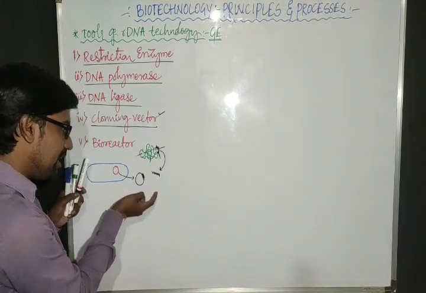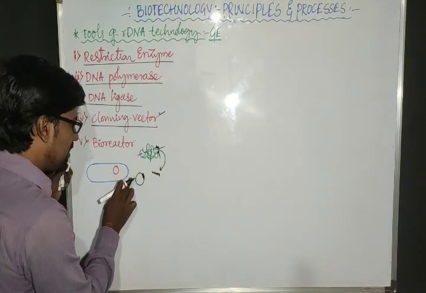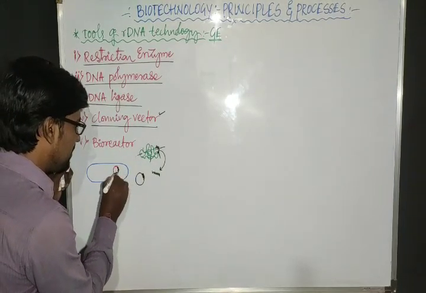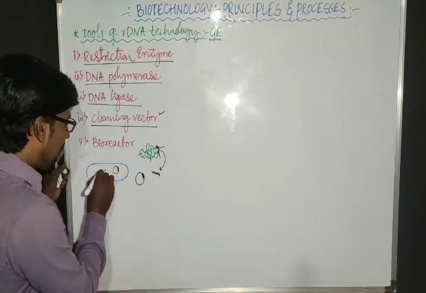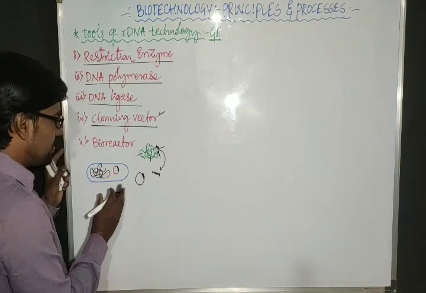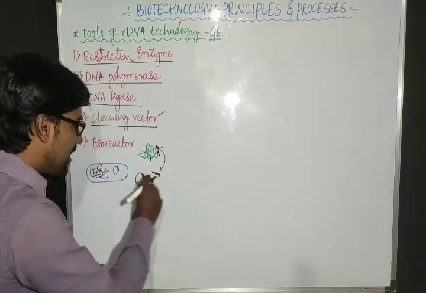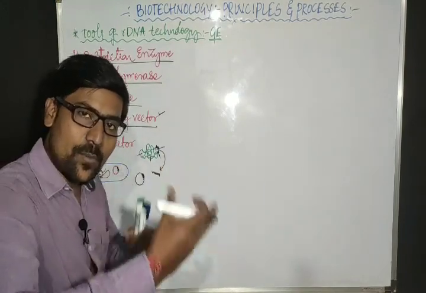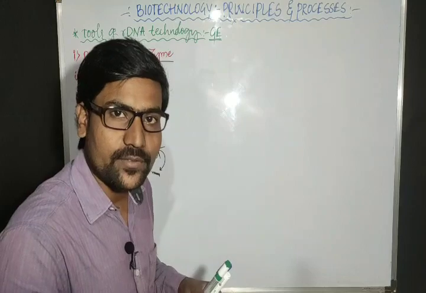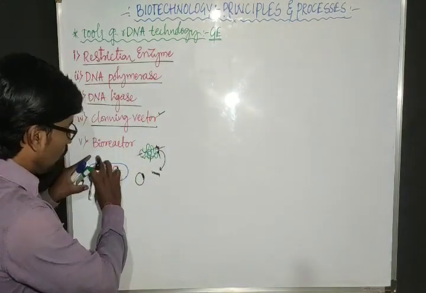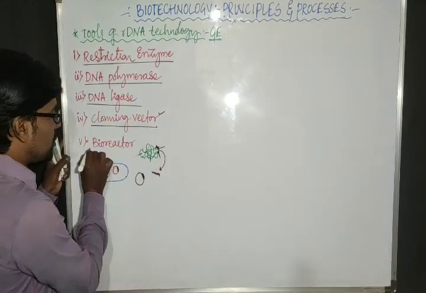Now it is rDNA into the bacteria again. Now let me consider, this is rDNA now present in the bacteria. Now the bacteria should be multiplied. Now the number of bacteria should be increased. When the bacteria divide, inside them our rDNA also multiplies, then we will get a greater quantity of the gene product. But to grow these bacteria, we have some special chambers.